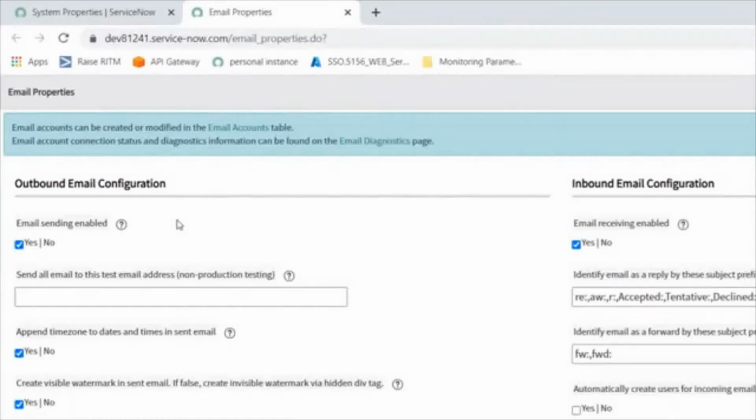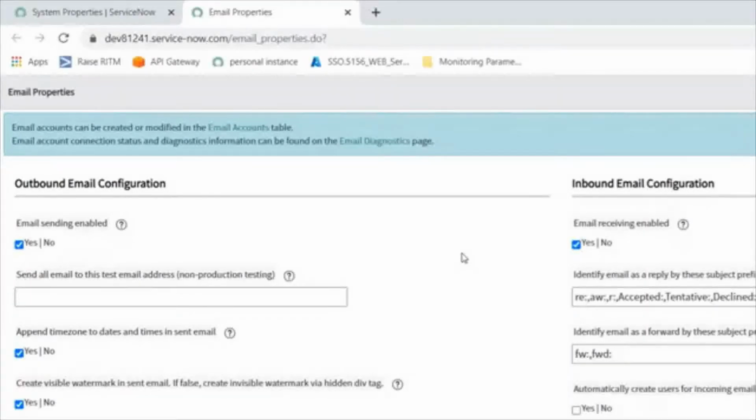We have so many custom third party apps which use outbound email notification. Emails are sent from ServiceNow to the third party tool through this outbound integration, and that is called outbound.